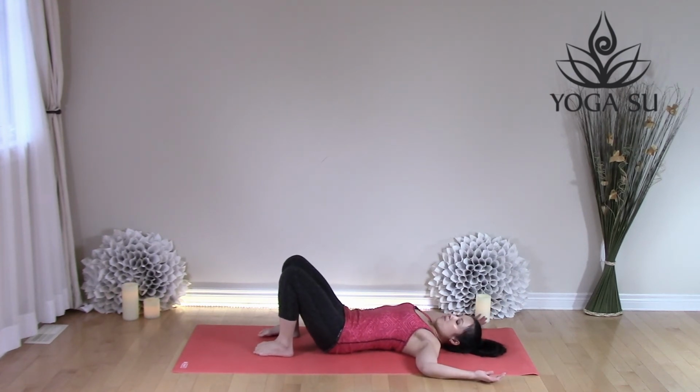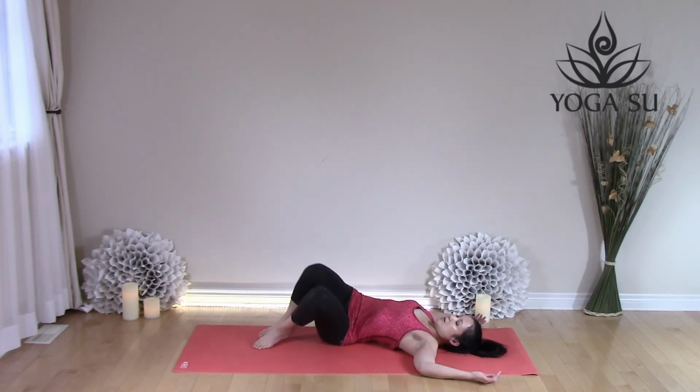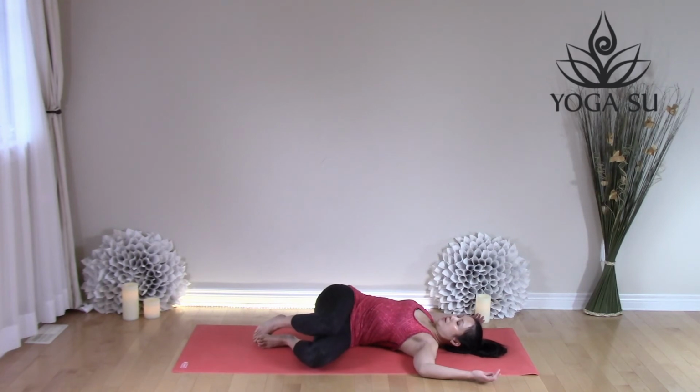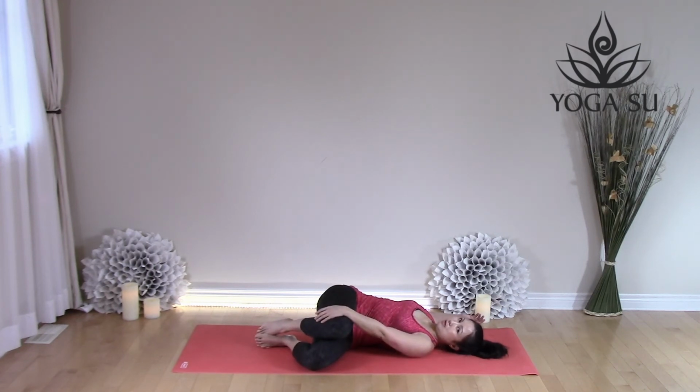Okay. Bump your hips, have your feet flat on the ground, knees pointed up towards the ceiling. Bump your hips towards the right side of the mat, and then let the knees drop to the left. And if this feels too much, you can place a block in between the knees, or you can just use your hands to help with the twist here. So your left hand just on top of your right thigh, and the weight of the arm should help deepen the